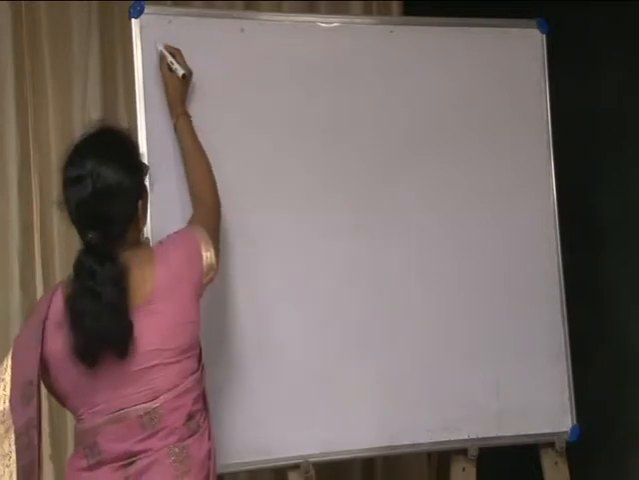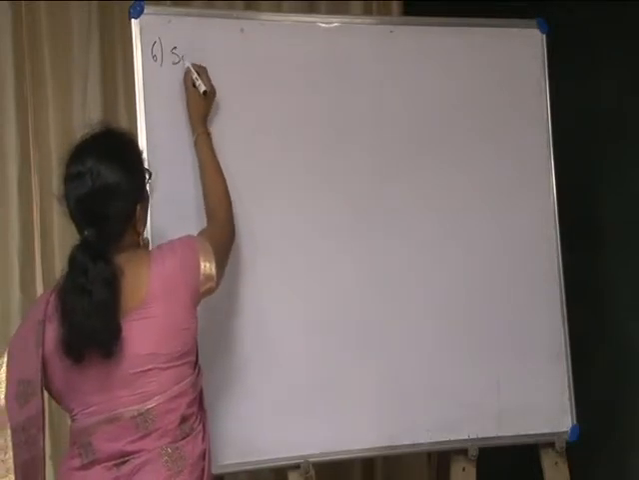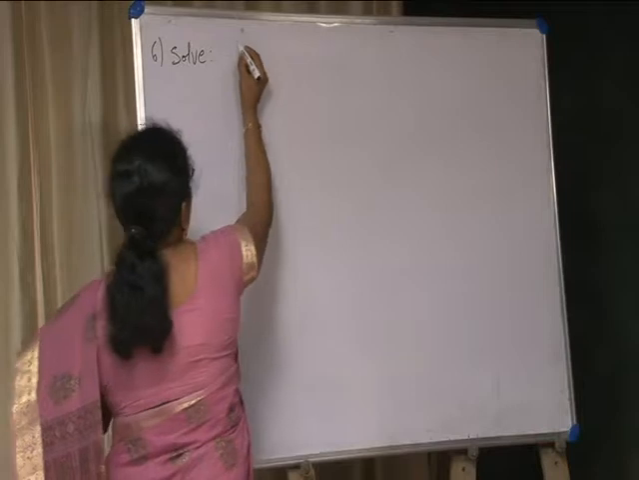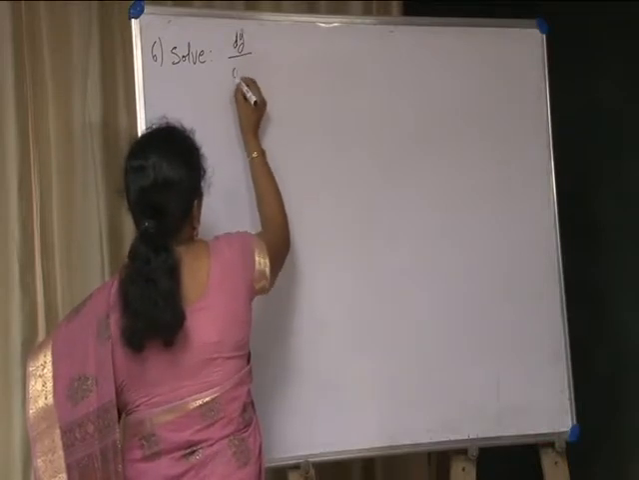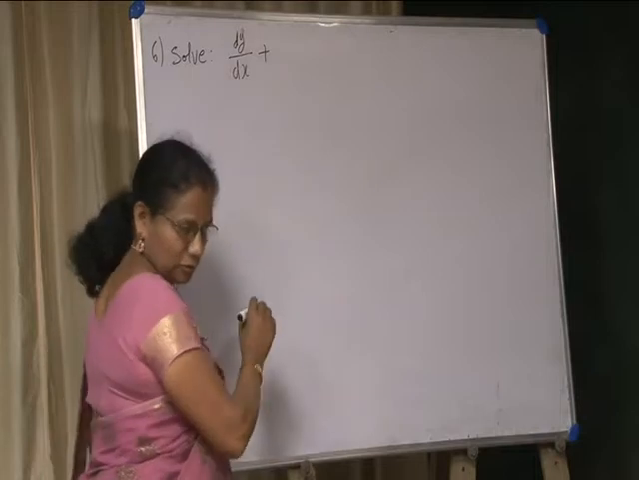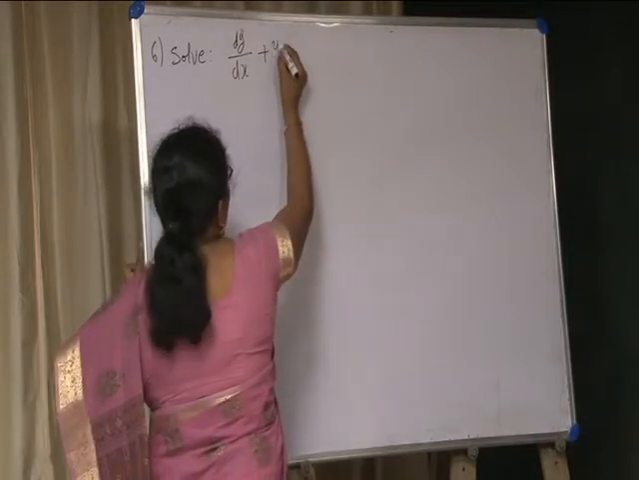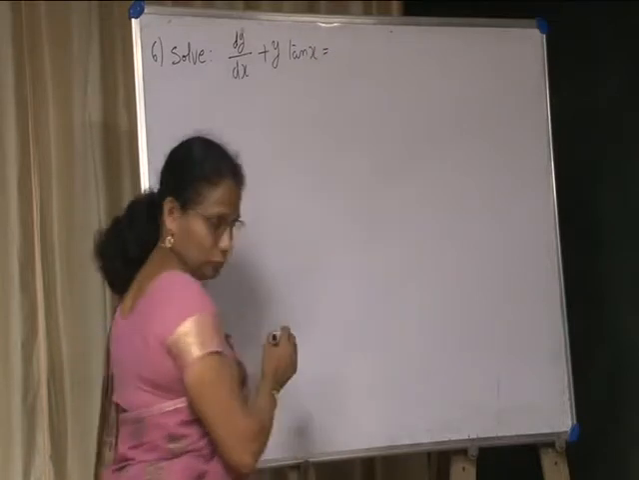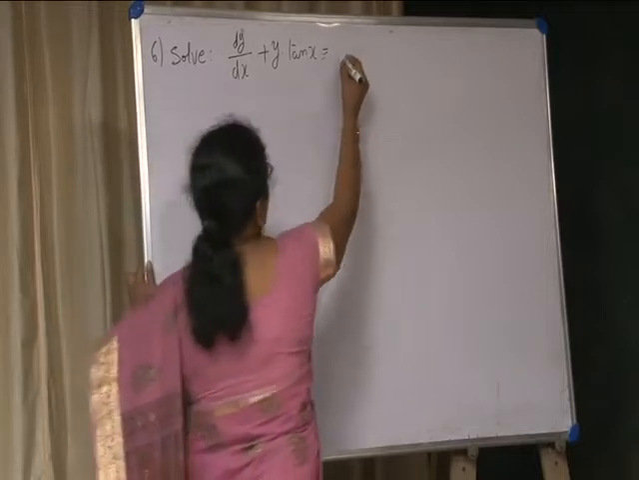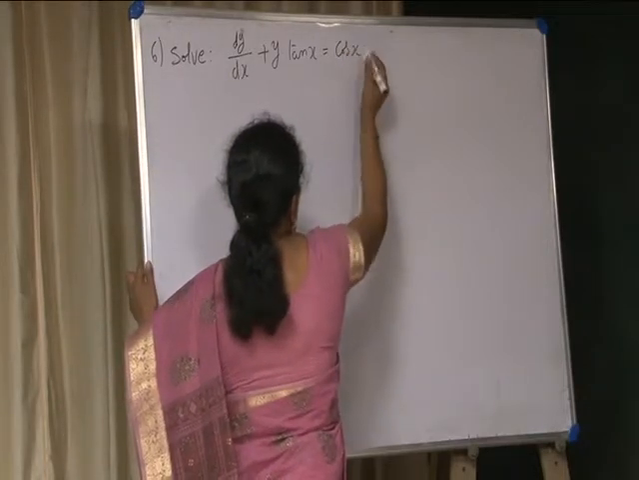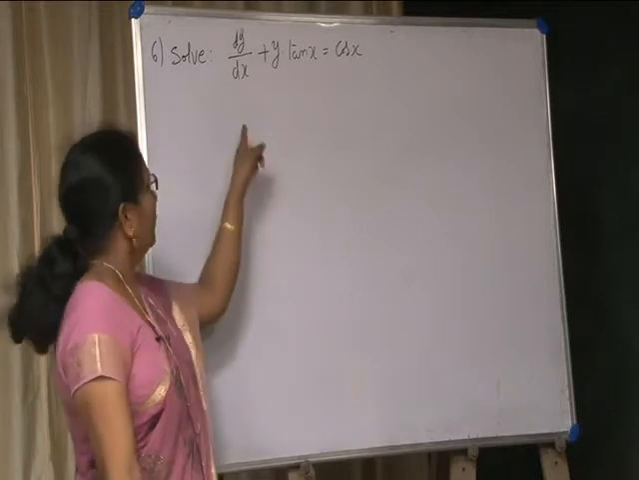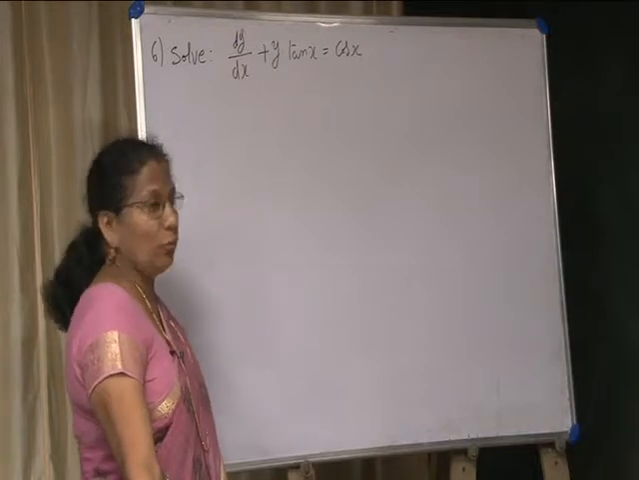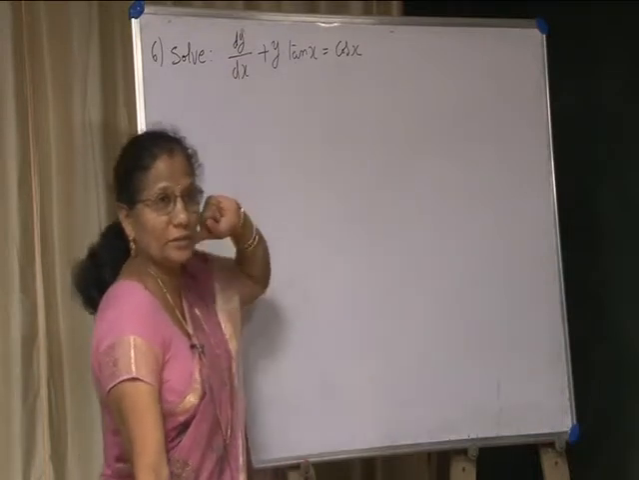The next problem is: solve dy by dx plus y into tan x is equal to cos x. It is a linear equation. It is in the form of dy by dx plus py is equal to q, where p and q are functions of x. Solution: